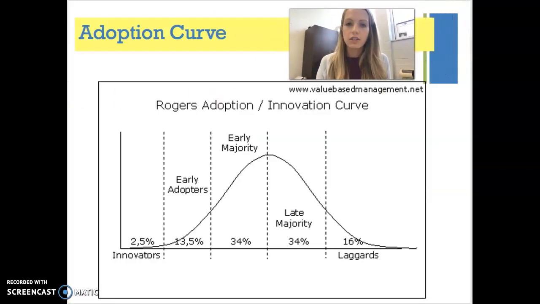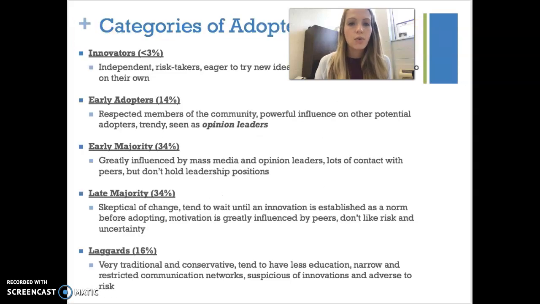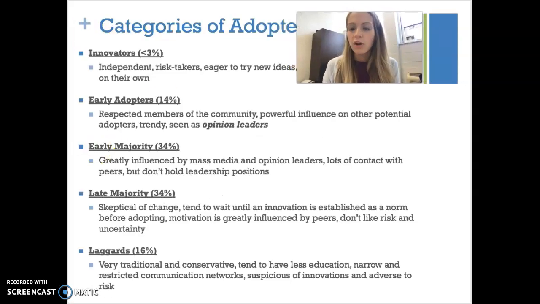So there is what we call an adoption curve, and this is a great visual to show you how this occurs over time and the different categories of those that adopt new practices. So let's think of an example here. What about the use of reusable, recyclable water bottles? Let's say this is new and up and coming, and people have been using plastic water bottles forever, and now we have a new program that's influencing the use of these special water bottles.